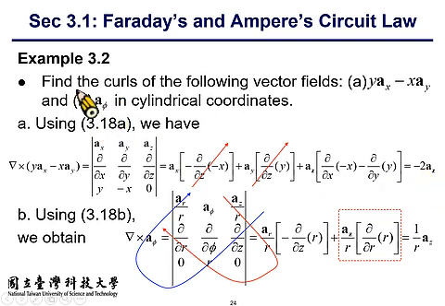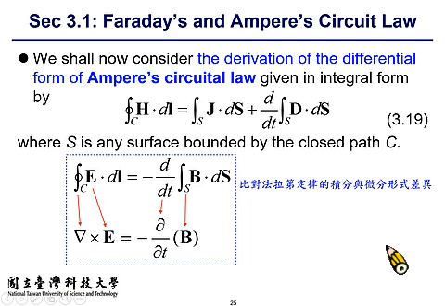The second question of example 3.2 is finding the curl of a constant in the phi direction. And it turns out the operation result of this thing is 1 over r. So be sure that you know how to derive this solution, 这自己要练习一下，好不好。